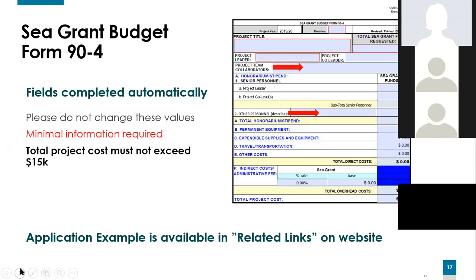The fields have been automatically copied from your budget justification. Again, users should not change these values, but we do ask that you provide some very minimal information that's denoted by the red arrows. You probably just have to put in project team collaborators if there are any, and elaborate about the personnel costs.